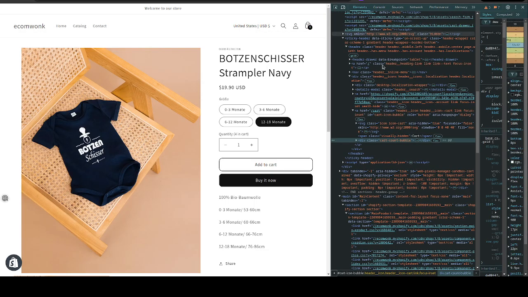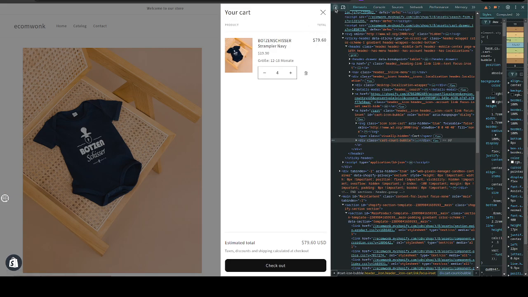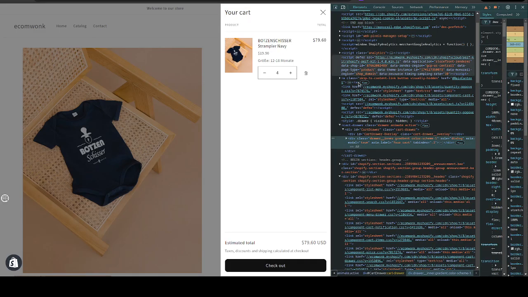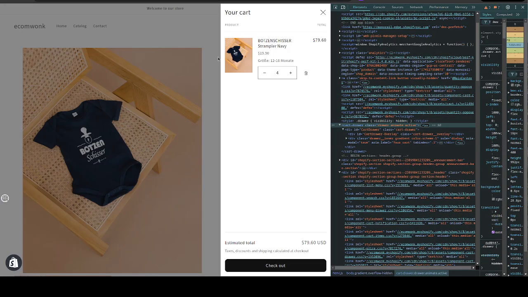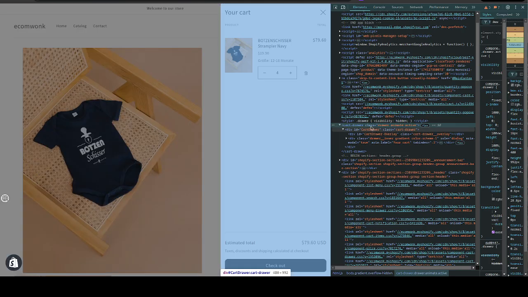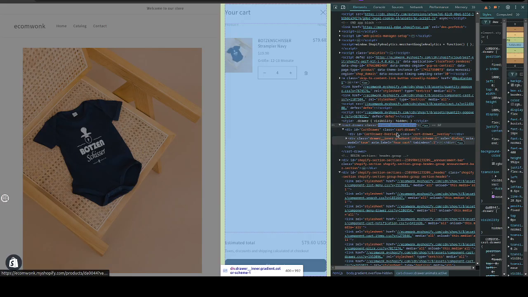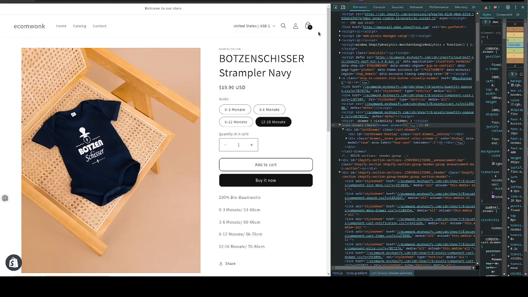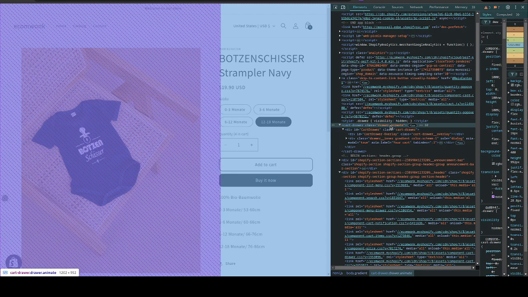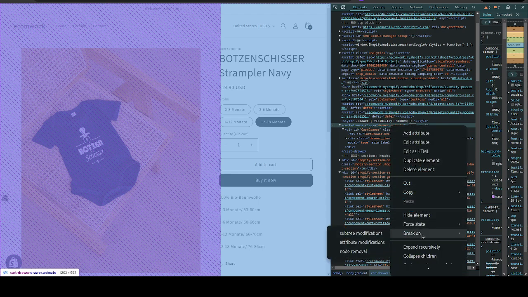First of all, let's open this, and let's see the main cart drawer. Okay, we have this cart drawer. Let's observe this area. Okay, we can see that the active class is removed right from here. Let's see how we can check which code is responsible for this opening and closing. We can add a breakpoint,